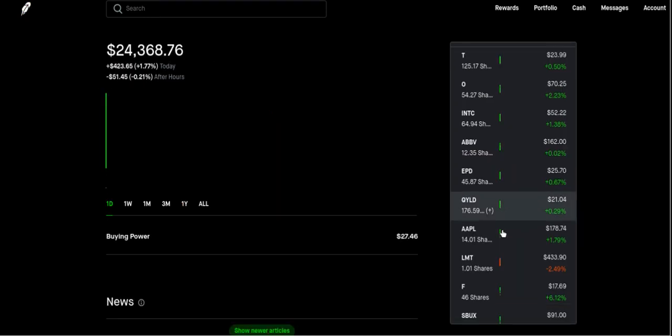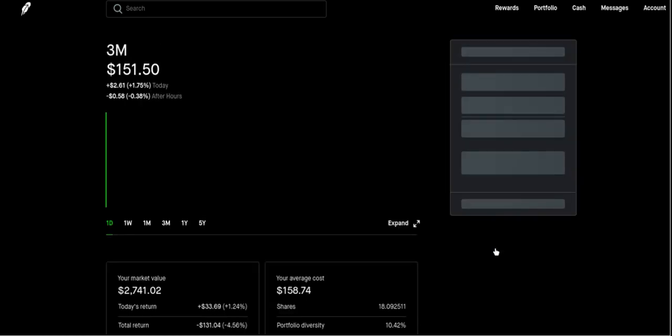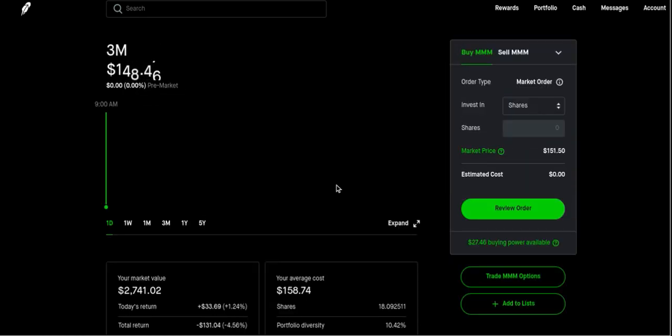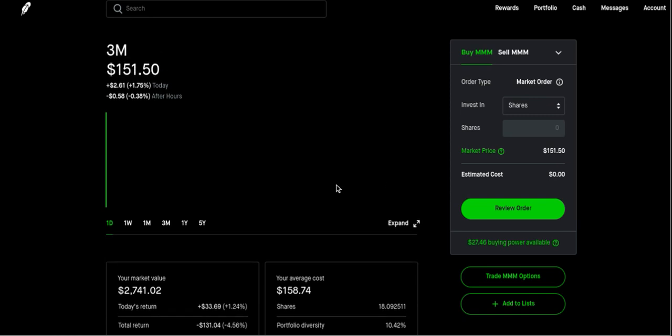Next up, we have one of my favorite dividend stocks, even though it's been crashing. This is 3M. Ticker symbol is MMM. I currently have 18 shares of 3M, sitting at about 10.4% of my portfolio. I am down about 4.5%, at like $131 or so, but I really like 3M at these prices. I've been averaging down because I did buy them in the 160s. But I will definitely be looking to add more into 3M. They are a dividend king, and I just like how they